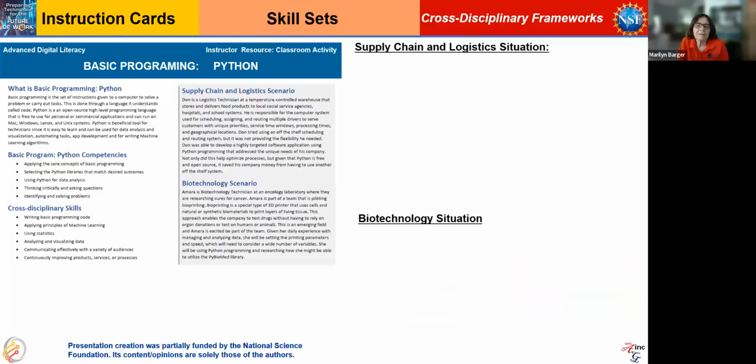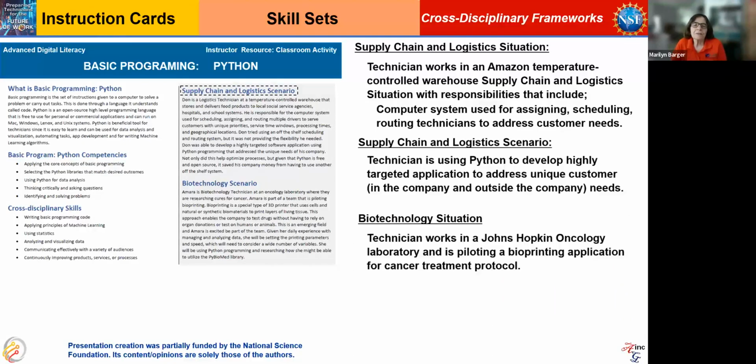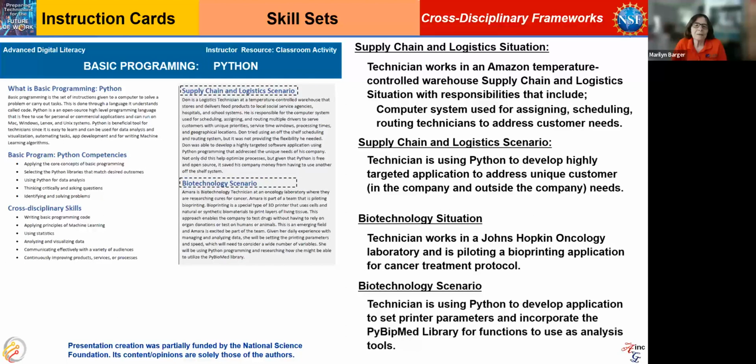Okay, next. So let's just take a quick summary of what the two scenarios are in this particular Python programming instructional card. Here we've got the supply chain and logistics scenario. There's a broader situation described above, but what that technician was doing is using Python to develop a highly targeted application to address a unique customer